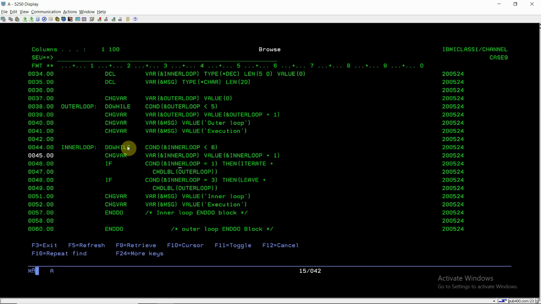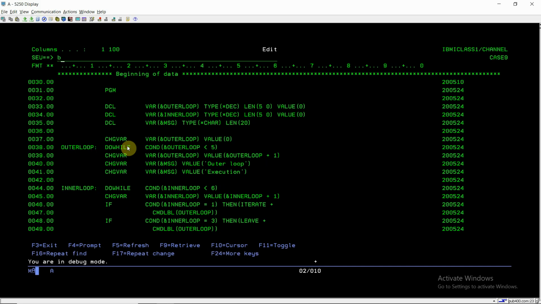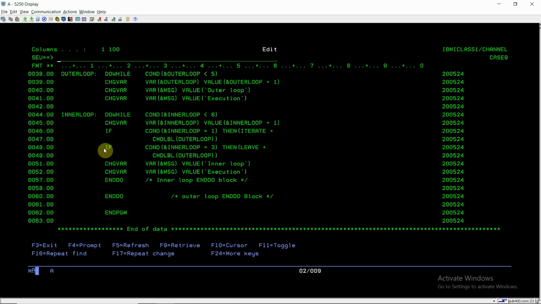For example, here I use the outer loop label. I'll be creating the same example again with the inner loop. So this won't get executed anytime, because I'm always going to the outer loop. So this condition is of no use, as we can see. So here I'm removing this condition by putting a comment over it.